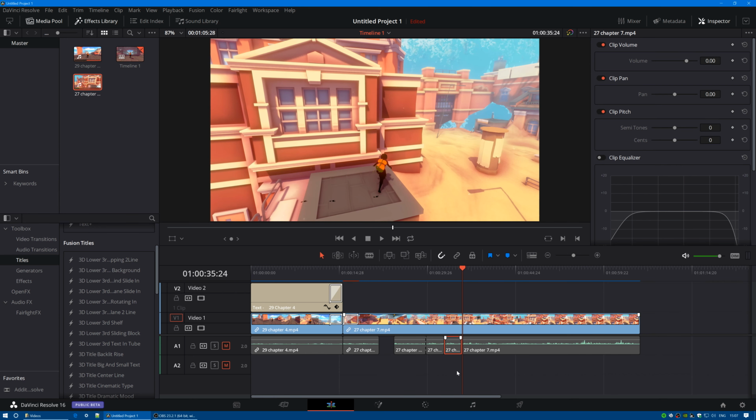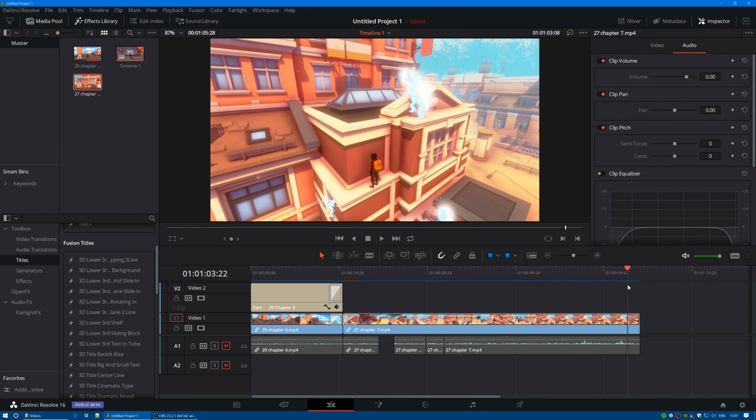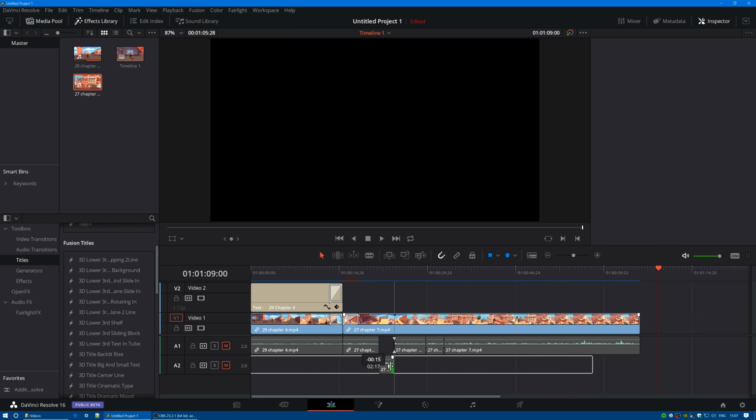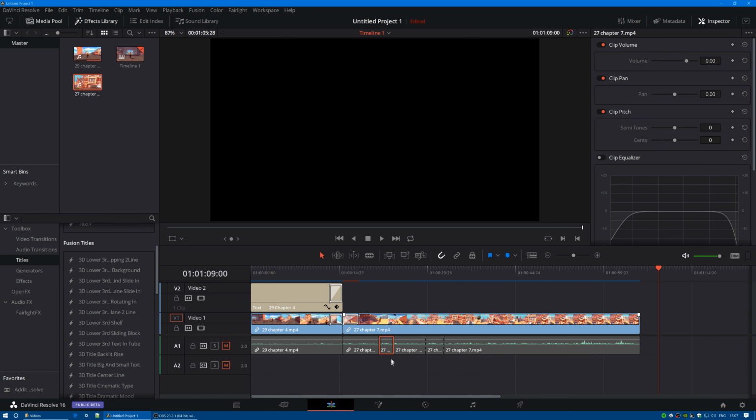Now we don't want that there, so press Control Z. Take the timeline all the way to the end. Press Control V to paste. It pastes it there. And what I'll do is I'll just take that chunk out, put it down there. I'll move it to match so that it fits in, and I'll just slide that in. Now if I just unmute it,